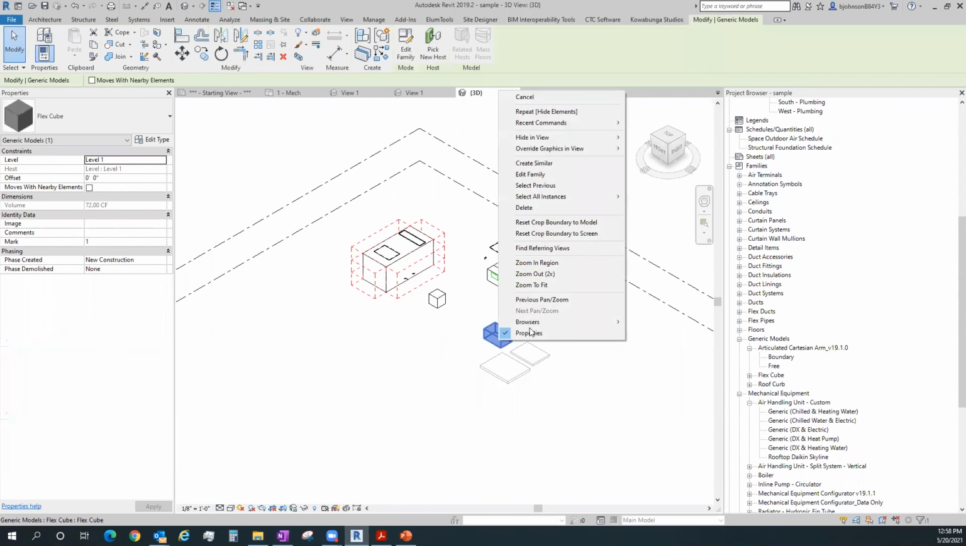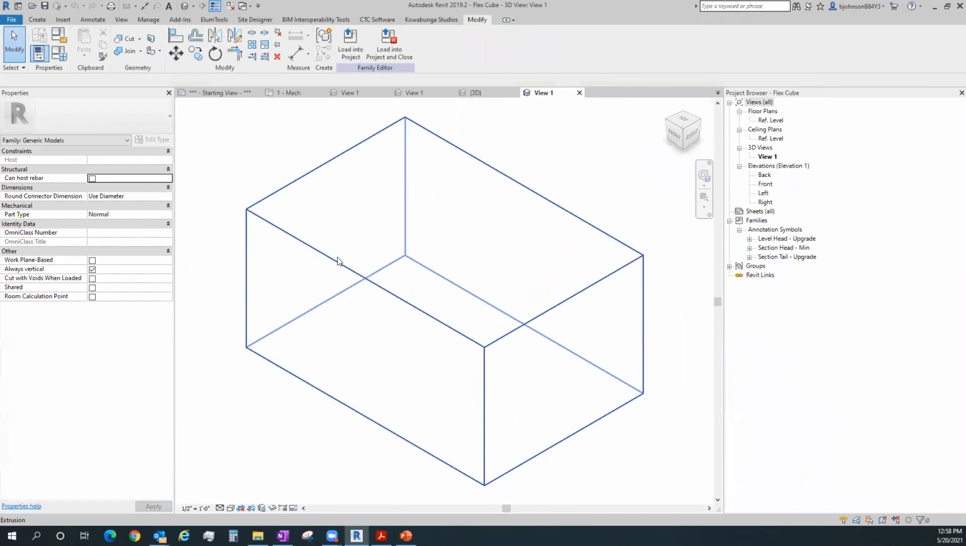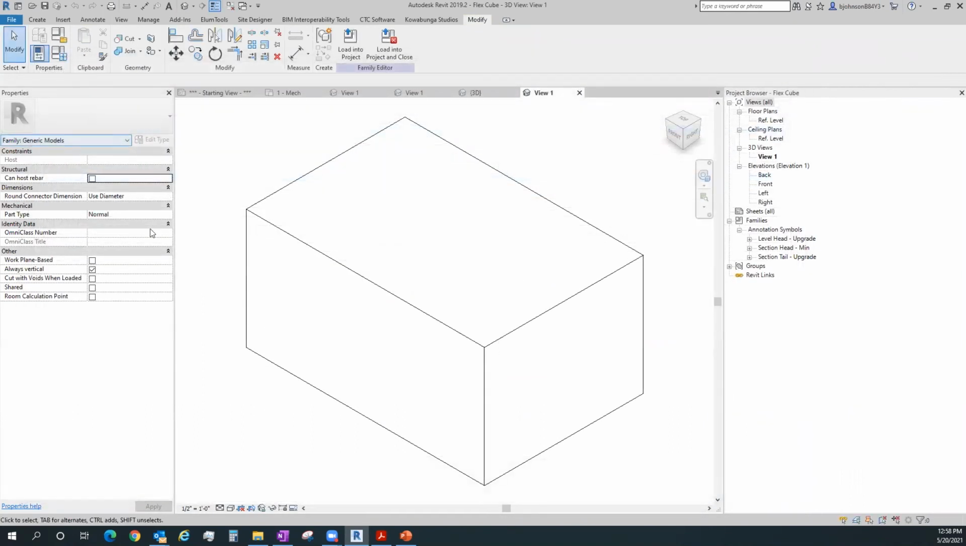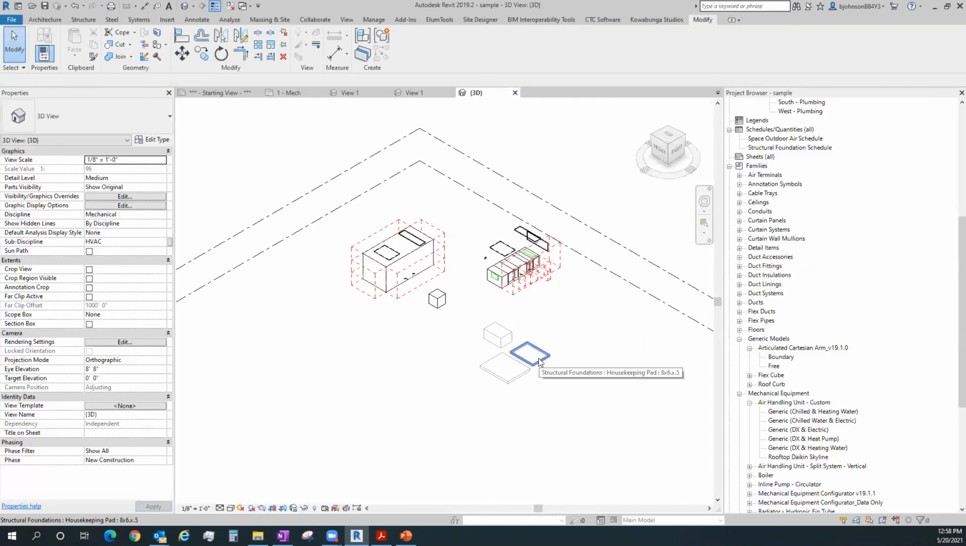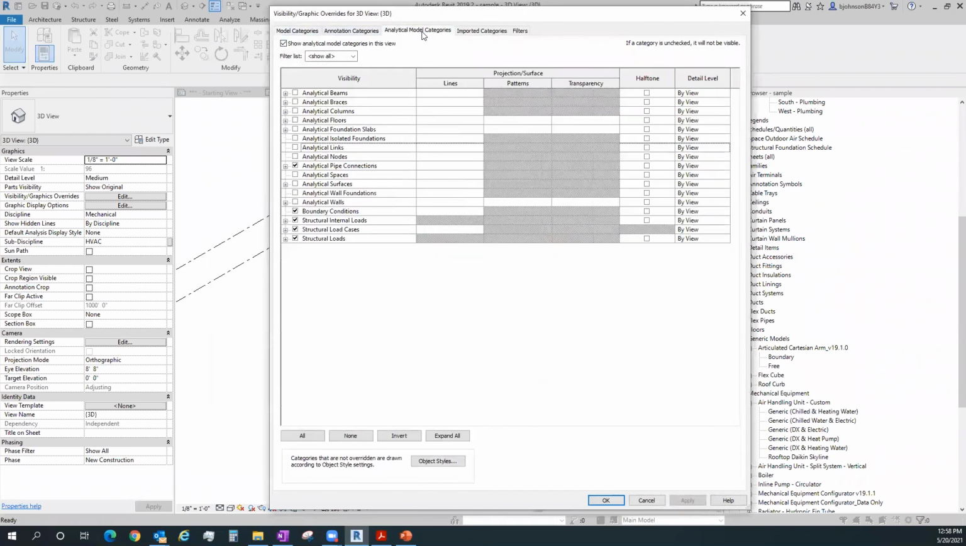I don't know necessarily right off the top of my head, coming from a generic model family, if it actually incorporated any parameters into it directly as a category that would show any of the analytical data that might come in with real structural elements. So if we go to visibility graphics, we look here for the analytical model categories. There's a lot of structural analytical components in there. So if there's connector bits or pieces or something like that that rely on analytical spaces, surfaces, walls, or foundations or whatnot,